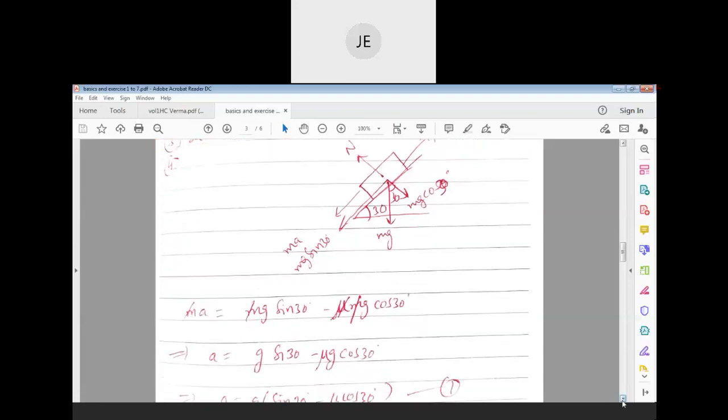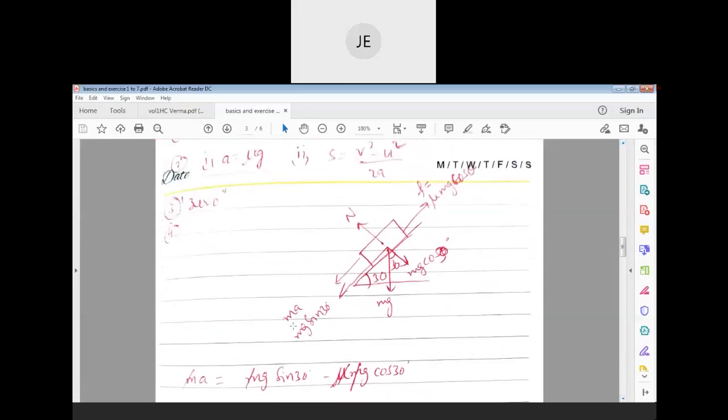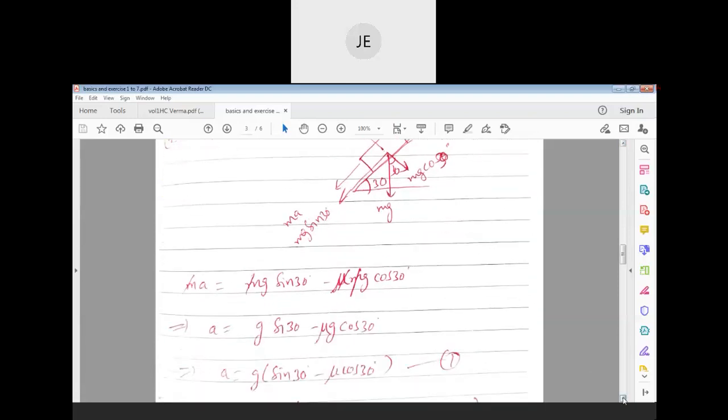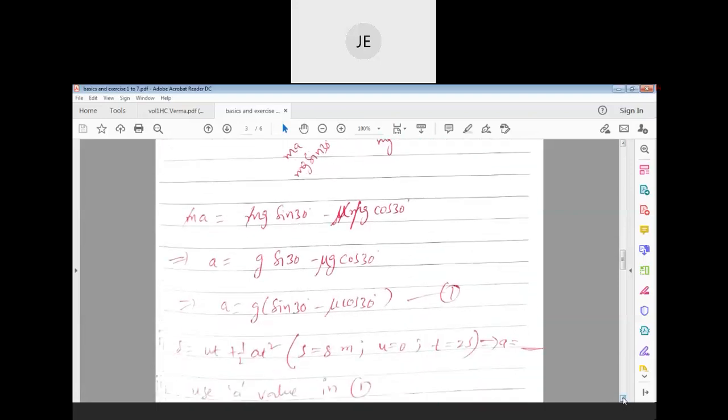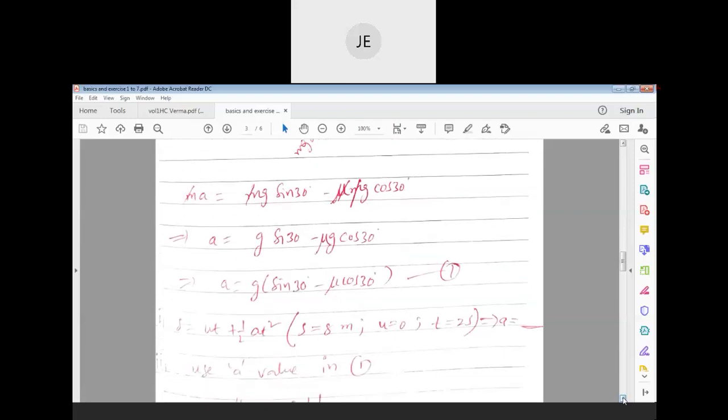Now the net force equation, as we have done in Newton's laws. ma is downwards, so mg sin 30 is also downwards. That means mg sin 30 is the dominating force. So net force is mg sin 30 minus μ mg cos 30. If you simplify, m gets cancelled: a = g sin 30 − μ g cos 30. From there you can find a, and again you have to use